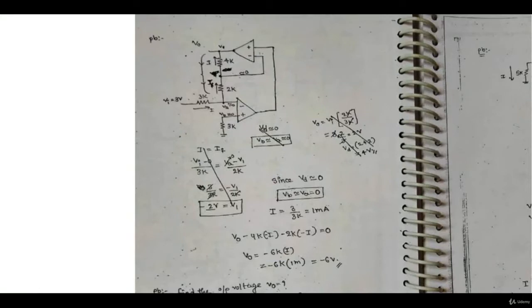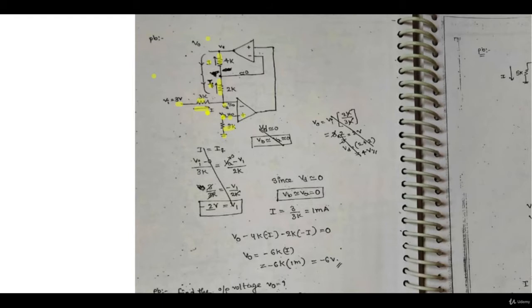Okay, so let's look at some more examples. Here the question is given: Vi is equal to 3 volt, 3 kilo ohm, I is the current flowing through this. The positive terminal is connected to ground through a 3 kilo ohm resistor. So Vb is anyway 0, so Va will be approximately equal to 0. Virtual ground, 2k resistance, 4k resistance, the same current I is flowing here, because the op amp will not draw any current, and we have to calculate the value of V0.